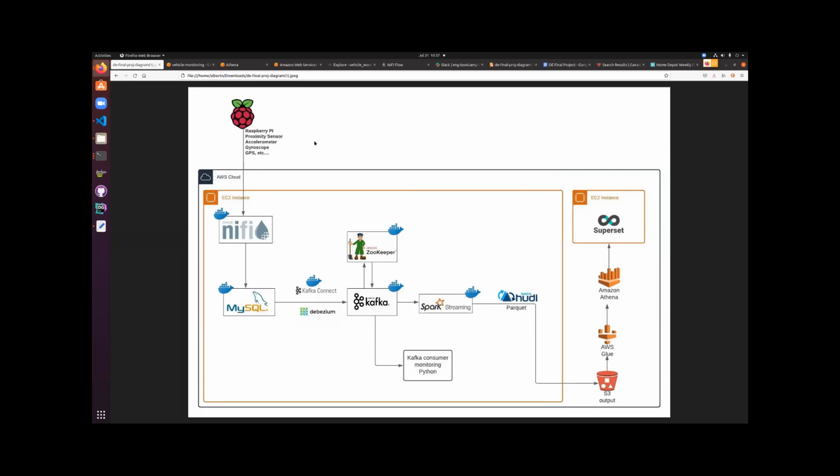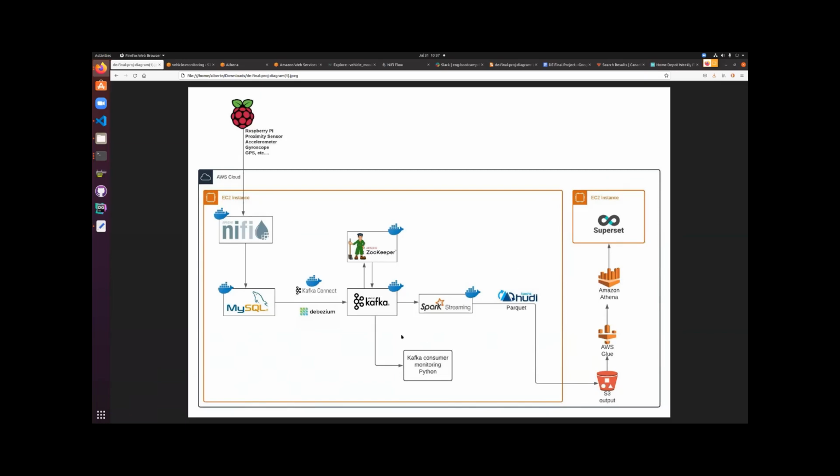Although today I'll just be focusing on the proximity sensor because I can do a good demo with that very easily. With the other ones, it's a little bit harder, especially with GPS, since I'm not even moving. And as usual, as the standard skeleton goes, it feeds data to NiFi, which then puts it into SQL, and Kafka Connect provides it to Kafka, and then we've got Spark Streaming consuming that data, and then outputting that into